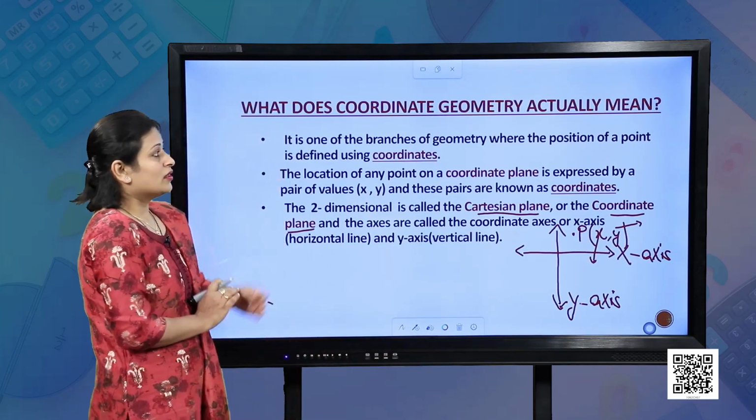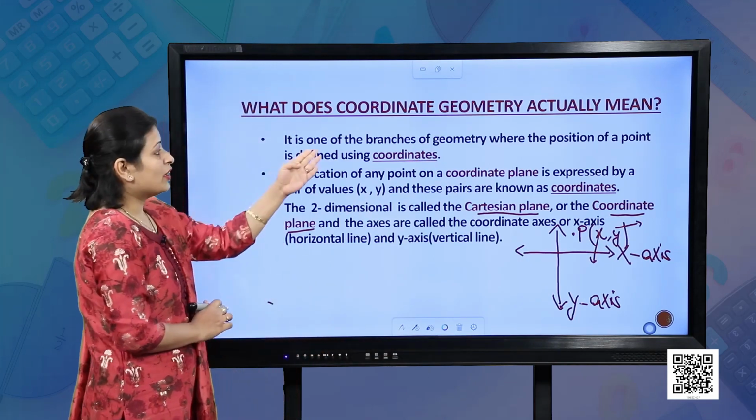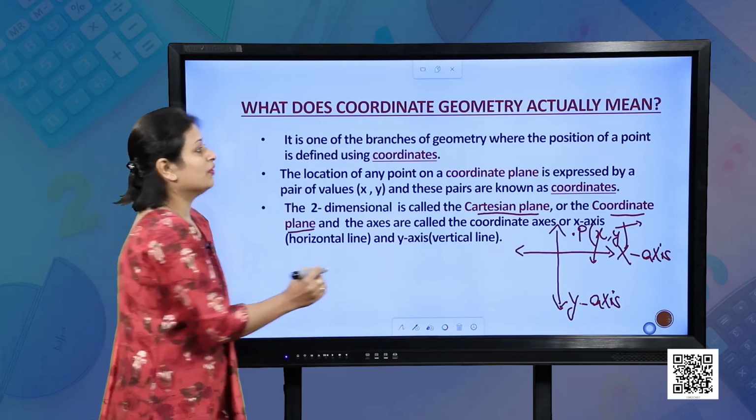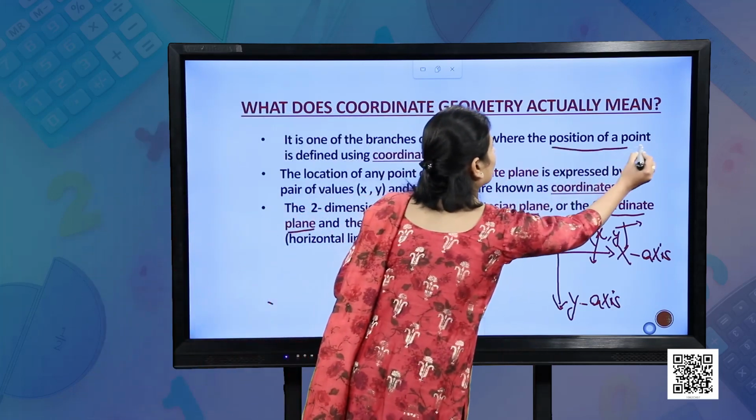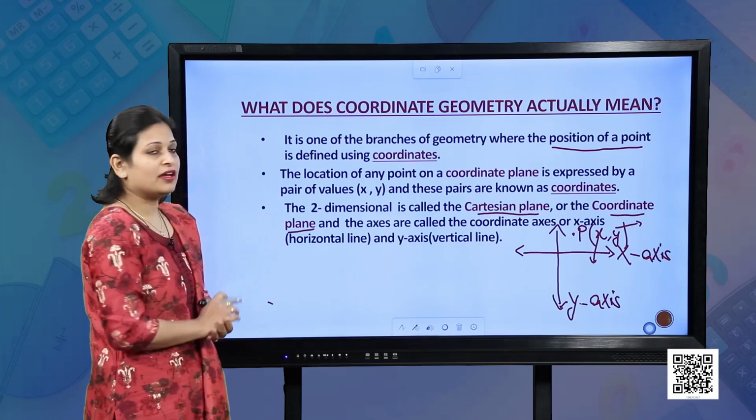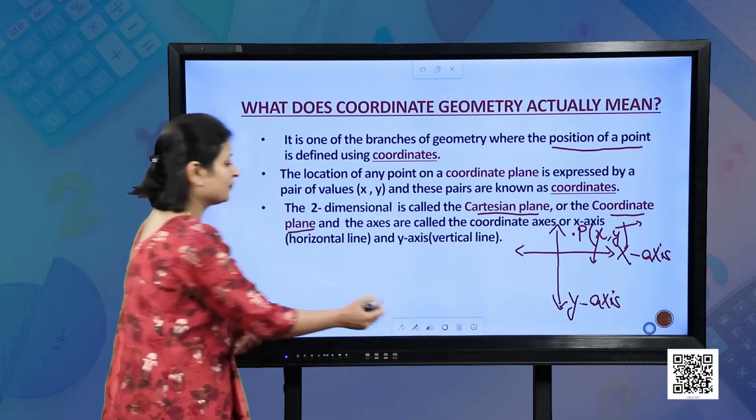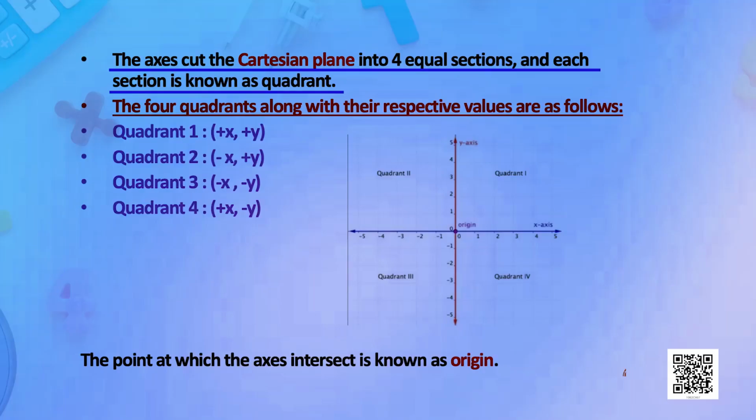So, coordinate geometry is one of the branches of geometry where the position of a point is defined using coordinates. Now, the Cartesian plane is divided into 4 equal sections,